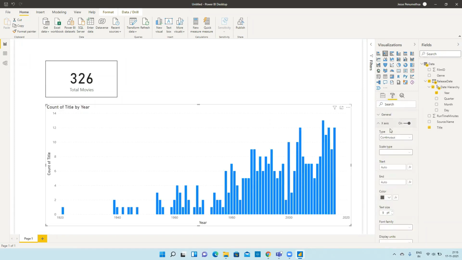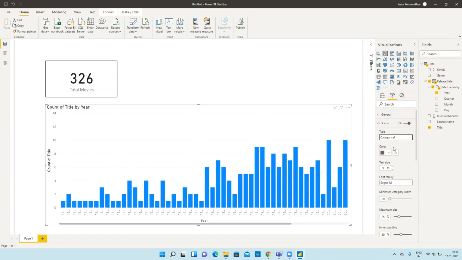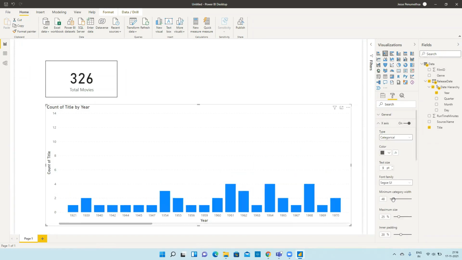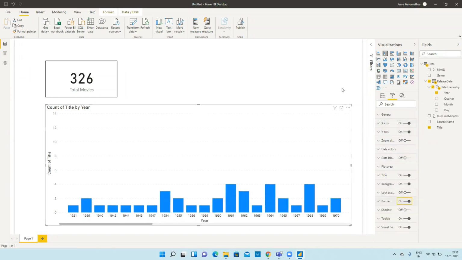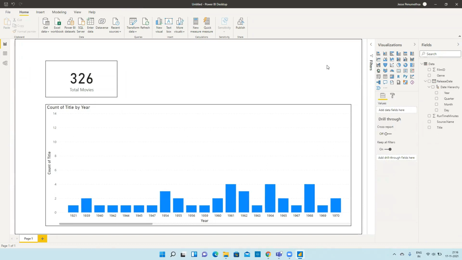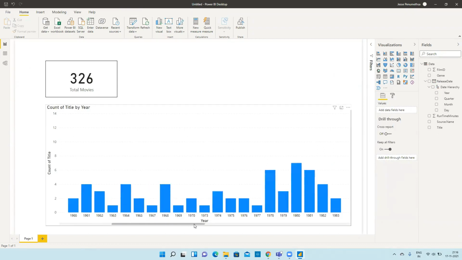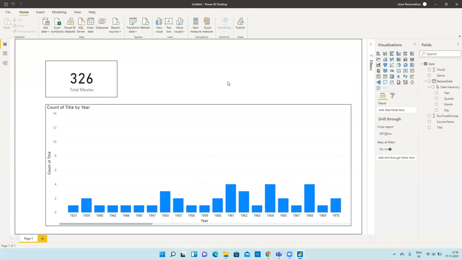This type of visual we have already seen earlier when we were working, so I'm not taking much time to do this. Quickly, let's complete this. Now we have a report which is showing total movies and the movies distribution by each year. This is for all the movies together.